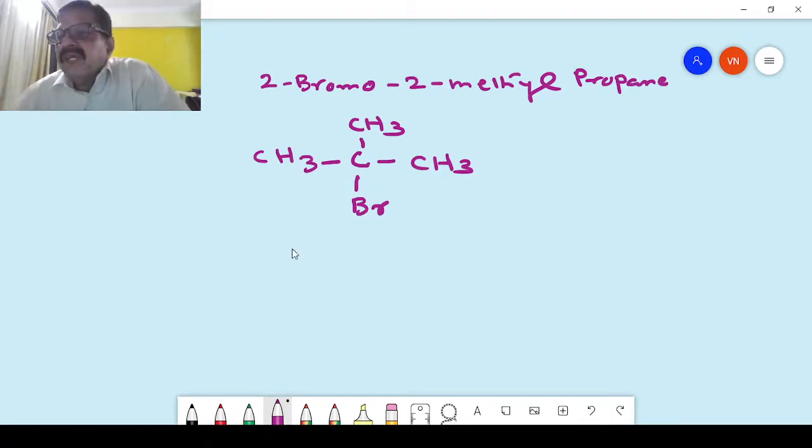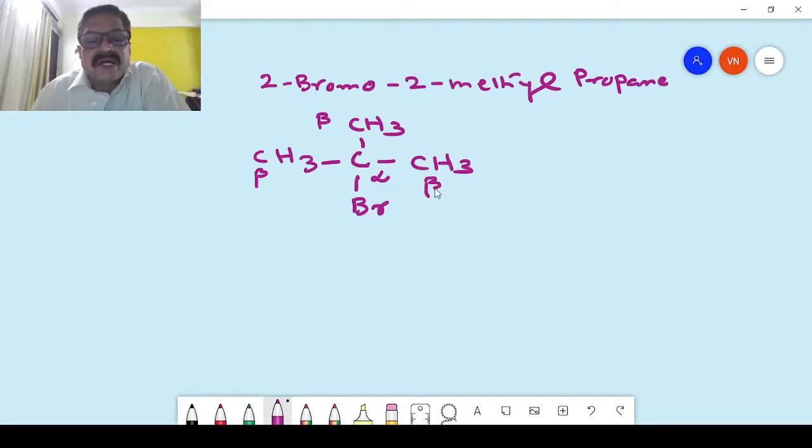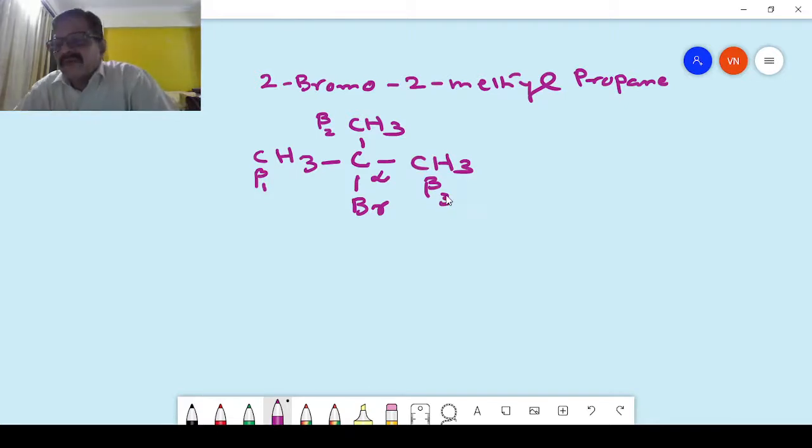How many alpha carbons are here? Alpha carbon is only one, the carbon 2 with the leaving group bonded. Now the beta carbons: this is a beta carbon, there is another beta carbon here, and another here. You can say beta 1, beta 2, beta 3, but these beta carbons are all identical. Three beta carbons we can identify here, all identical. Therefore, on elimination, we get only one kind of